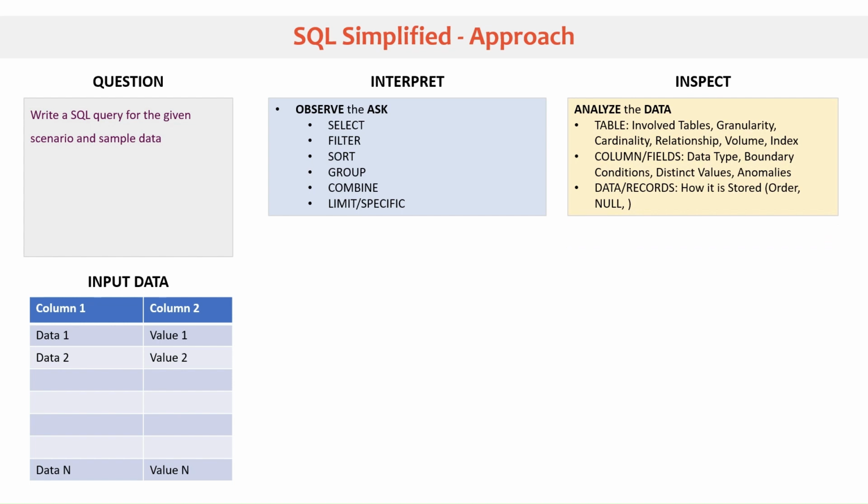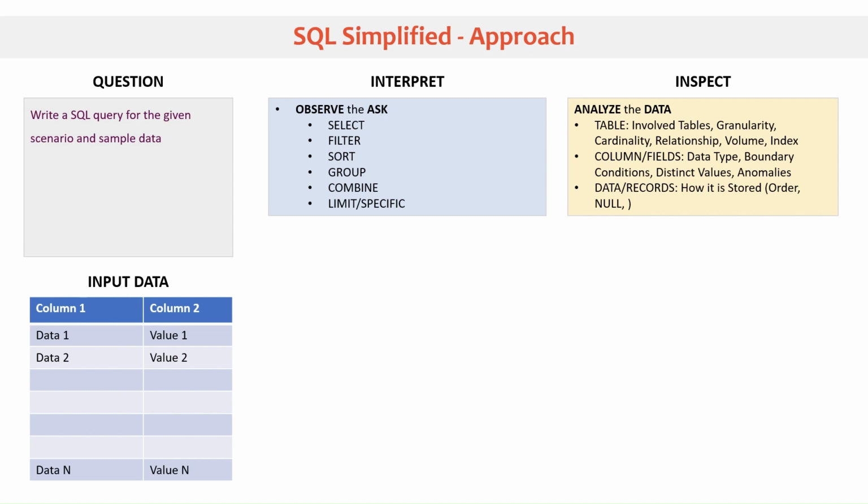The second step is inspection. Inspection is also called analysis, right? We need to analyze what is there in store. For example, if they are asking for data which has to come from one table or multiple tables, we need to first understand what all the tables involved are. In case multiple tables are involved, what is their cardinality, in the sense of the relationship between two tables? And in case any columns are involved, let's say they are asking for top